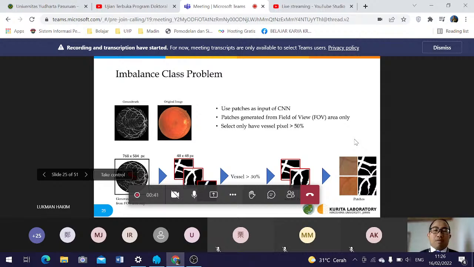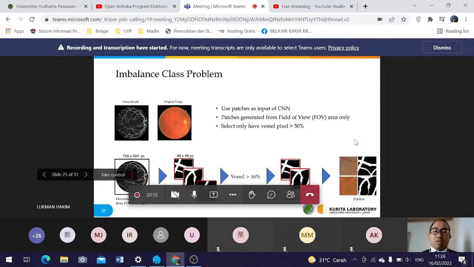The size is 48 times 48 pixels. After patches are generated, patches are selected only if they have more than 50% vessel pixels. Otherwise, patches with less than 50% vessel will be removed.